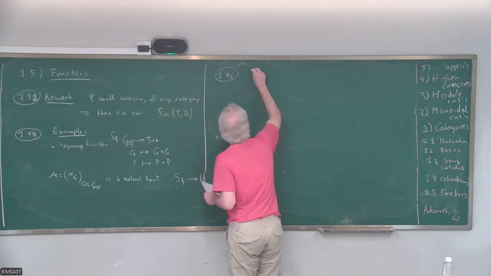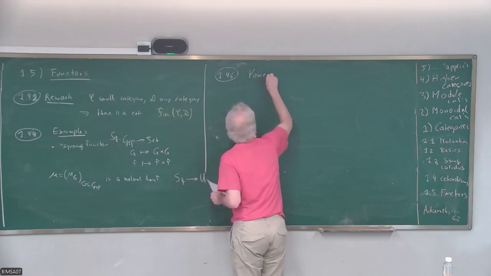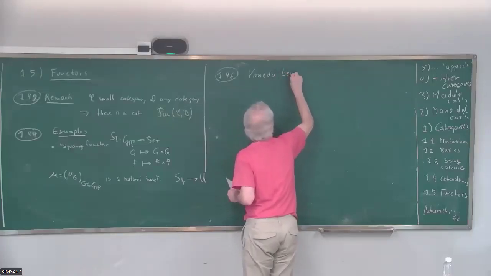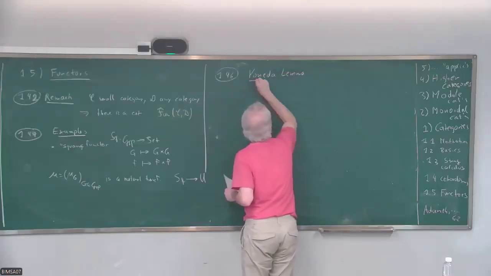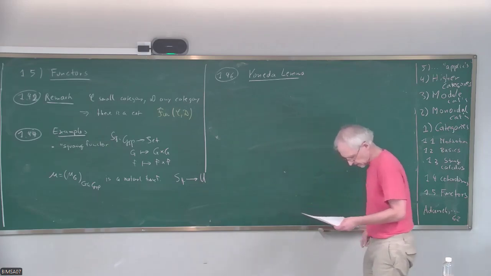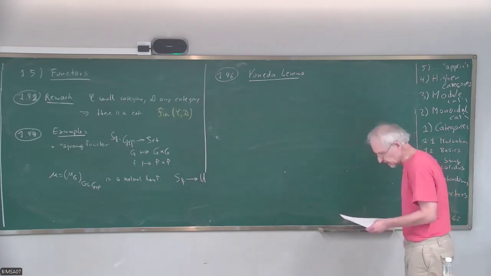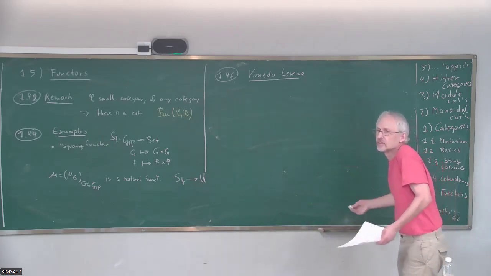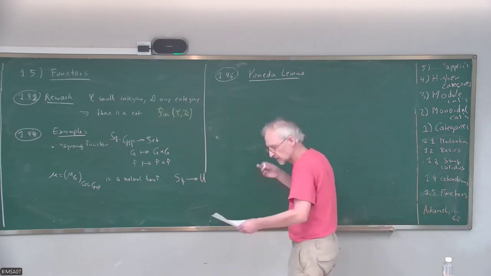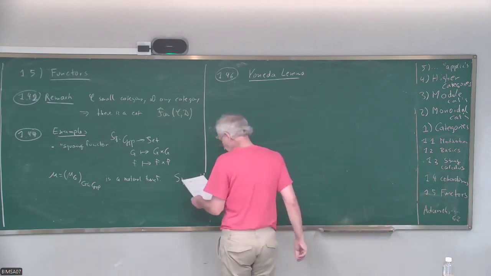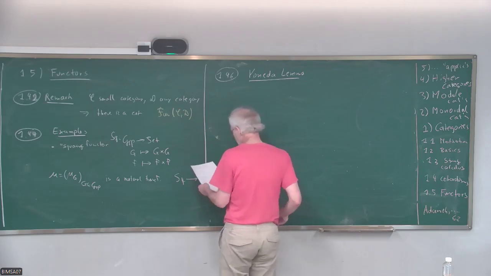This is called the Yoneda lemma. It's called a lemma because the proof is not so hard once you know it, but it's really an important result. And it says the following: